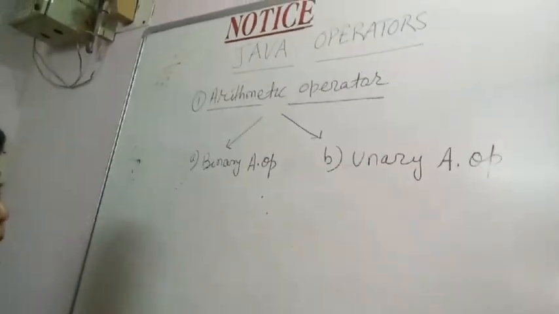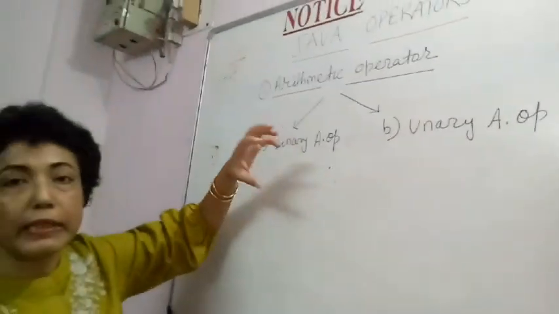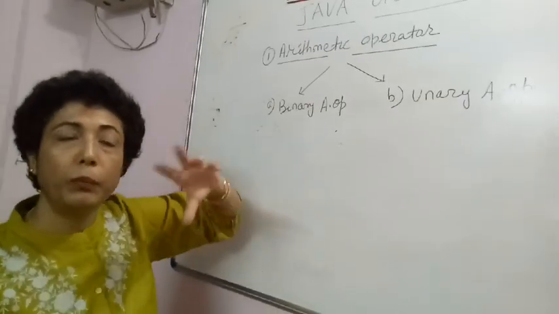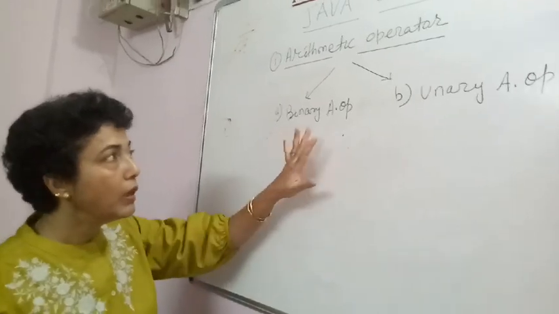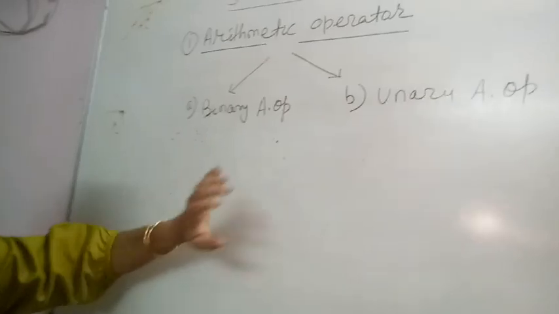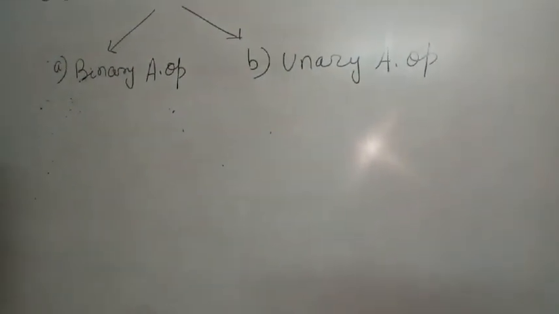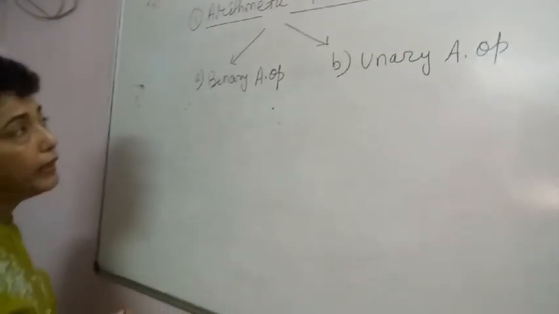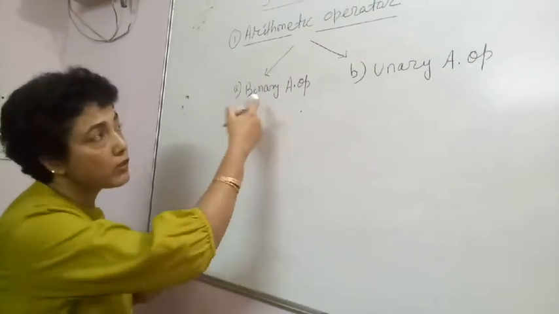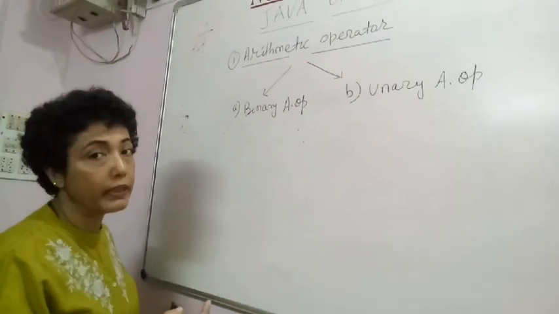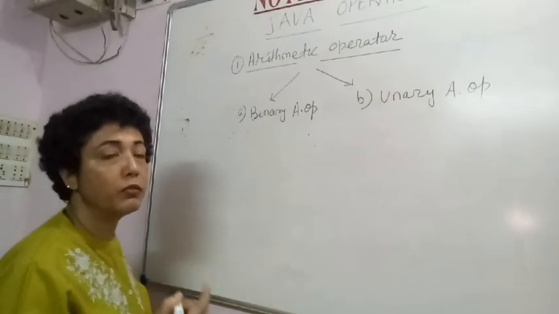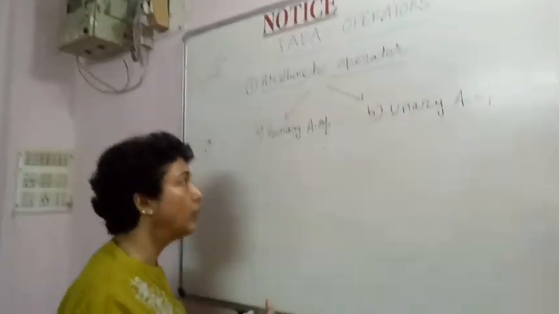So I repeat, the operators that belong to the arithmetic operator group are meant for performing arithmetical operations. Broadly they can be divided into 2 groups, that is binary arithmetic operator and unary arithmetic operator. The expressions formed by using these operators are called arithmetical expressions, and the result of such an expression is always a numerical value or number.